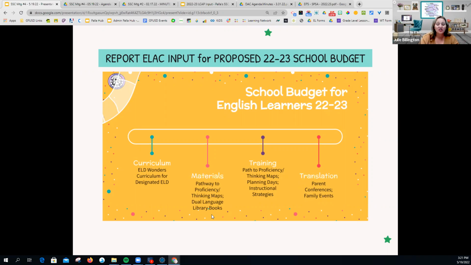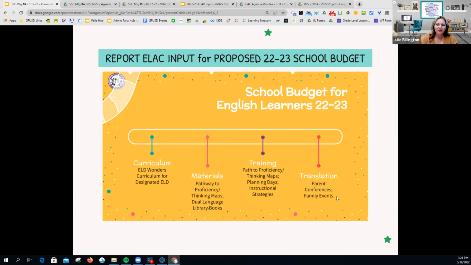So we also have, so I would like to buy dual language library books in our library. And then because of that Pathway to Proficiency, we would need training. So I would like to also plan those funds to help with the training that's needed for that, as well as any instructional strategies that our teachers need to help with our English learners and support them. And then